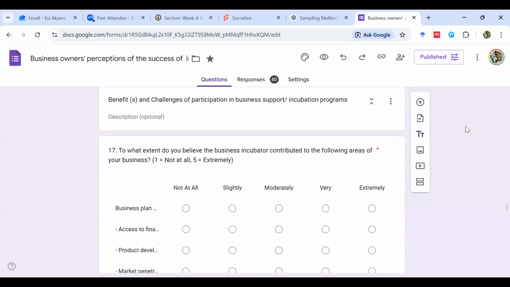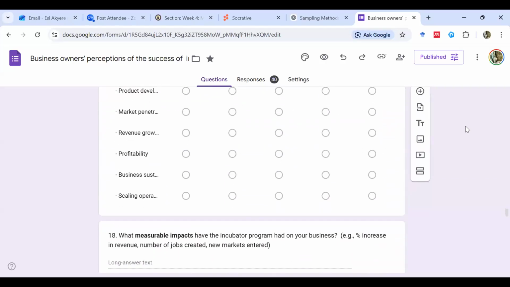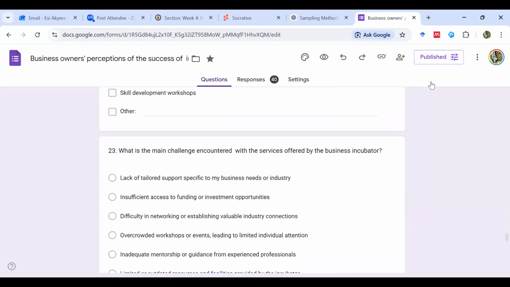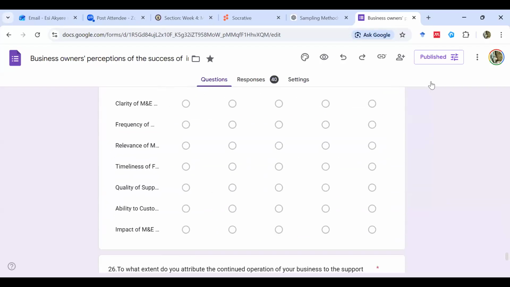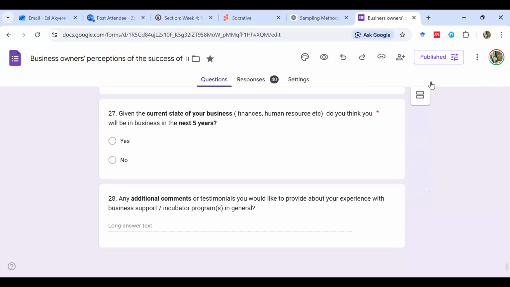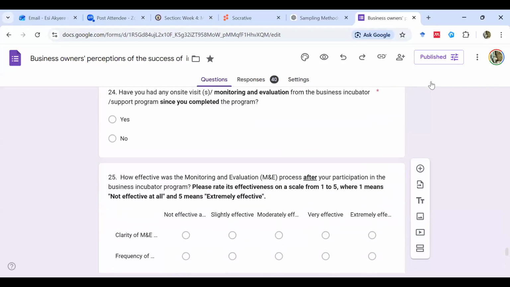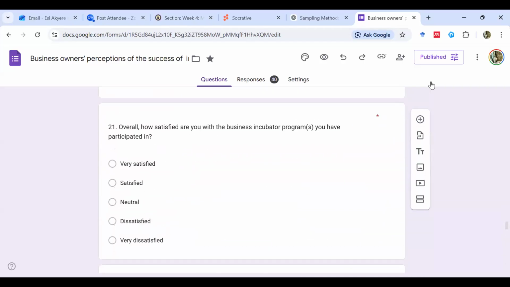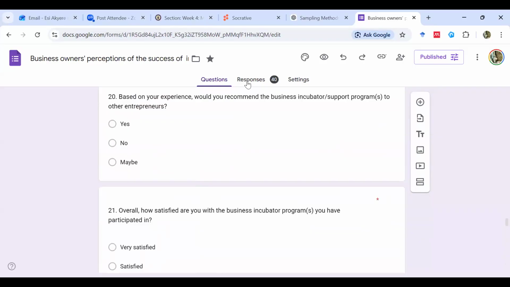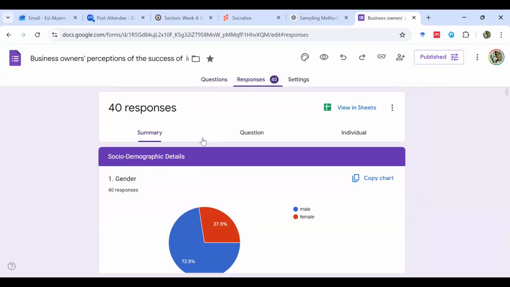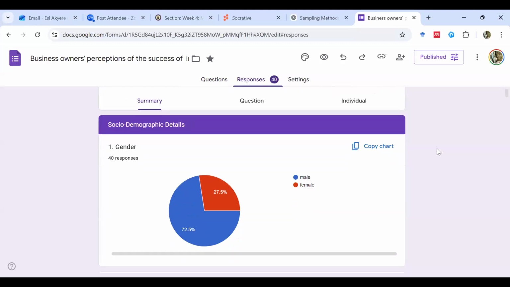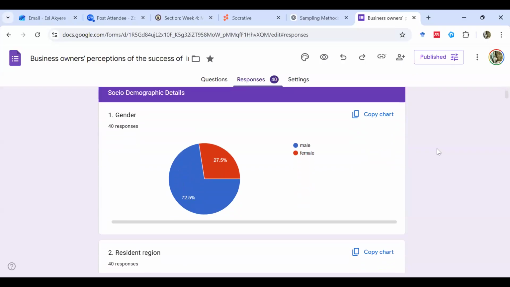And I also mentioned that for each specific objective, you should have at least 5 strong questions, and use the literature to inform the options that you give people so that you have as many closed-ended options for people to choose from. Why is that? Because when it comes to analysis, it is cooked for you. If you use Google Forms or Microsoft Forms, as the data is being collected, it is being analyzed to some